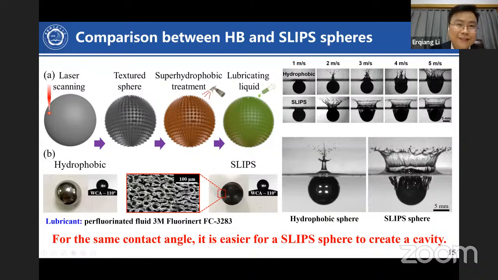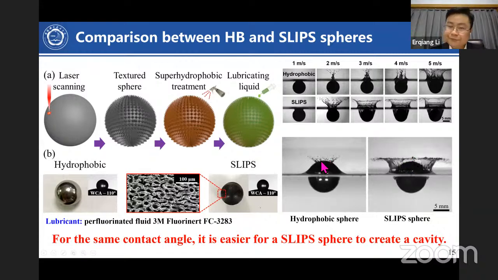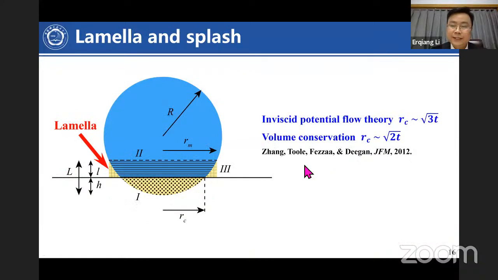Of course, we are not the first to study lamina evolution. It has been extensively studied for drop impact on a solid surface, in this configuration. In this 2012 paper, Professor Deegan's group studied this problem very well. You have a droplet, and it hits a solid. Because at this velocity the solid is not compressible, the liquid from the droplet has to go somewhere else. So it expands in its neck region. You will get some liquid growing out this way and this way. If this liquid comes out from the neck region, we call it a lamina, okay?